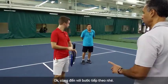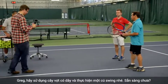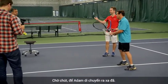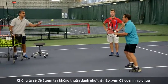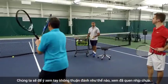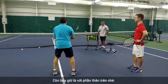Okay. So the next progression then would be, Greg, let's have you use your strung racket and take a swing at those. So there you go, ready? Hang on, we might want to let Adam slowly transition out of the way. And once again, as you said, we'll notice how the non-dominant hand is actually on the hitting side. See, that's getting used to the turn. So that's the upper body. So we did the lower body, now we're doing the upper body, yes? Then we put it